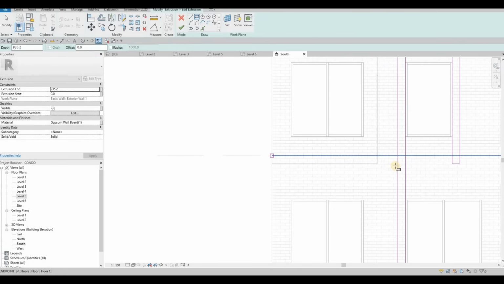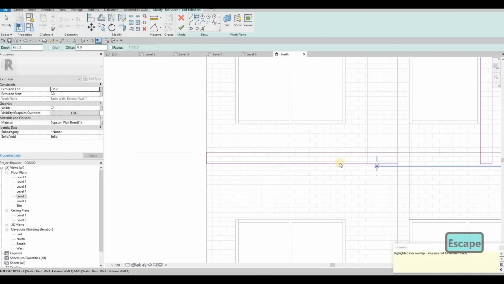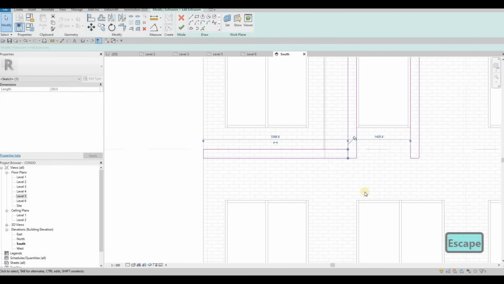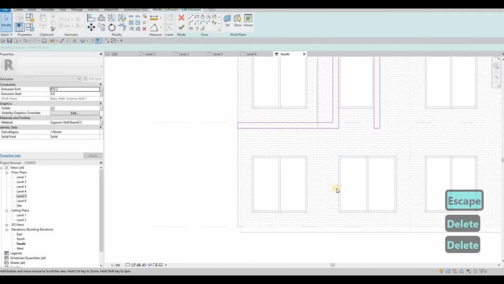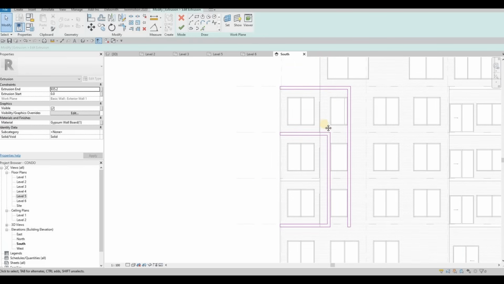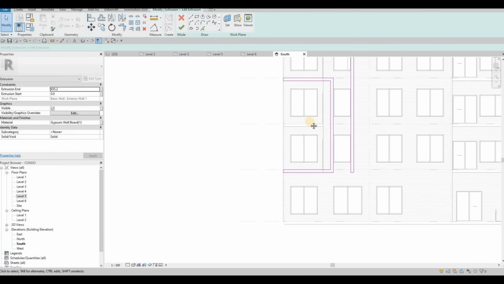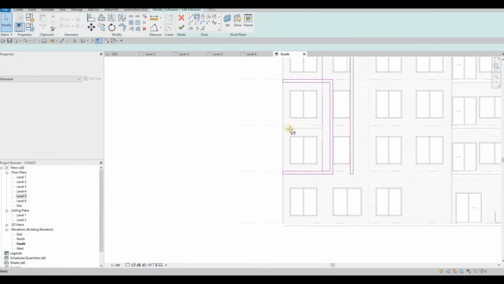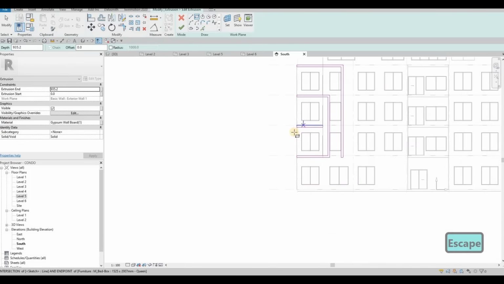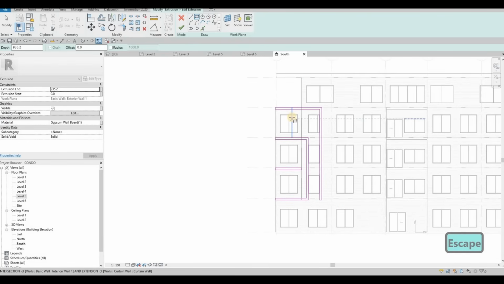I'm going to add this. There we go. Trim and extend. And then trim and extend here. And then delete this and here. So we have this sandwich right here. And then here as well, we're gonna sandwich this one, but only until here. So that's the design that we have